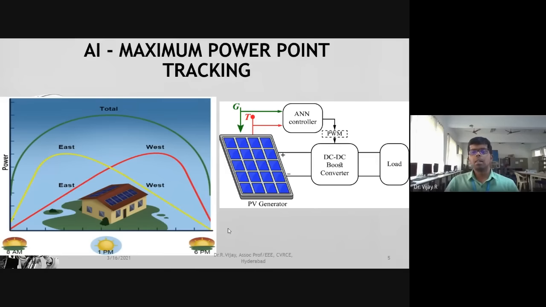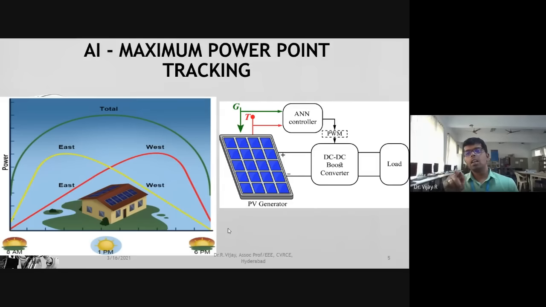Some messages are sent by the intelligence system, so you are doing some IoT-based projects, communication from your inverters to your mobile phones, and communication to the grid also. The same thing is happening in wind. You are going to install a small wind turbine on your terrace, generate some power out of it, and connect that power to the grid. Some intelligent control has to be given so that you can collect the tariff from your electricity board also. Here we are using one artificial neural network controller